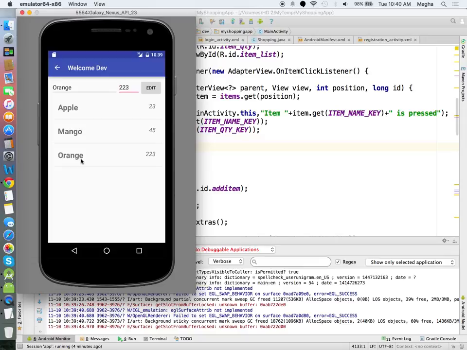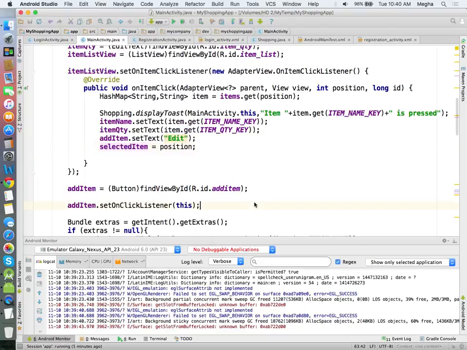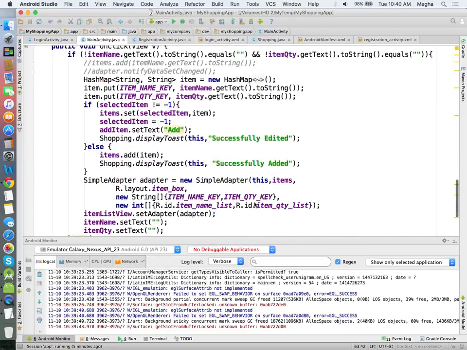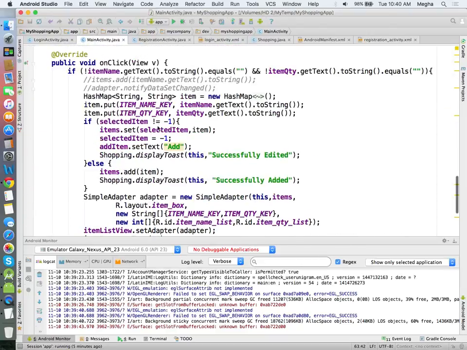But we have the same button which is acting as an add and edit for the same purpose. So I need to identify whenever the button is clicked, whether it is for edit purpose or saving a new item. So when I check the event listener, whenever the button gets clicked, on click,